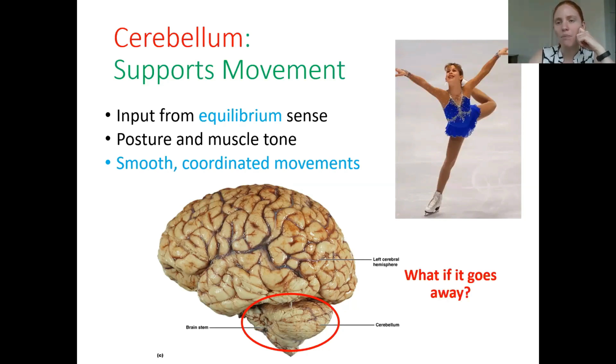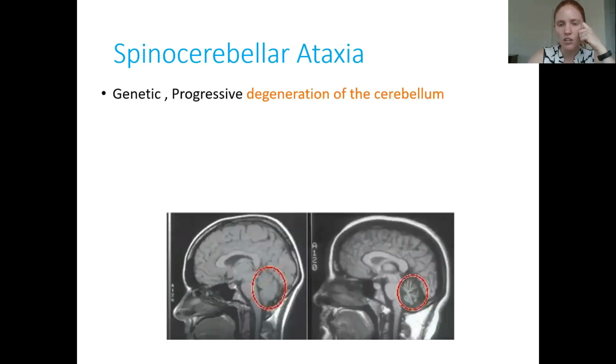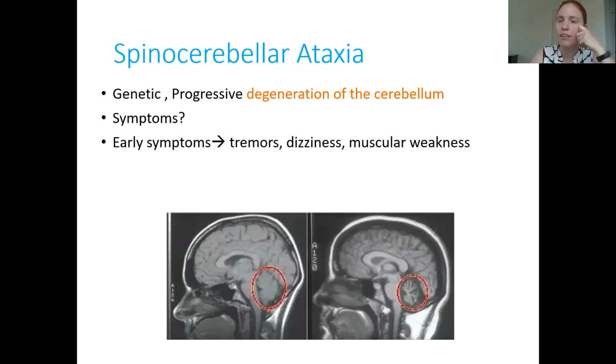So what kind of symptoms would you expect if the cerebellum started to go away? This is seen in Spinocerebellar Ataxia. Ataxia means degeneration, see how it's kind of falling apart? If you're losing the cerebellum, do you think you would have paralysis? Paralysis means you can't move at all. And the answer is no, you would not have paralysis, because remember the cerebral cortex is what causes the movement,